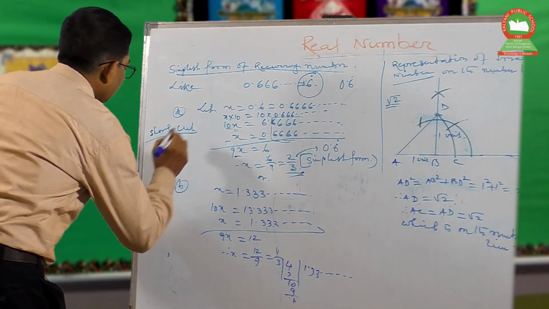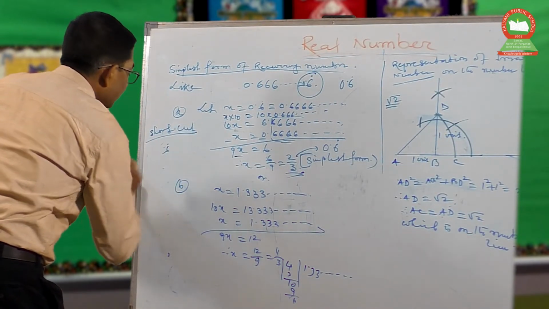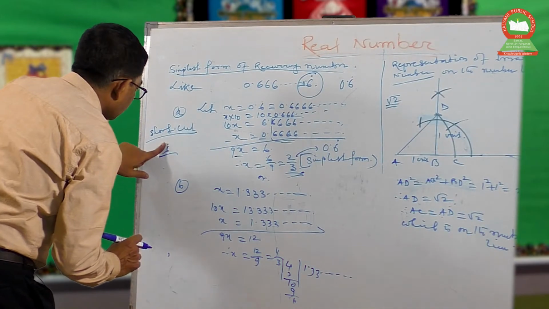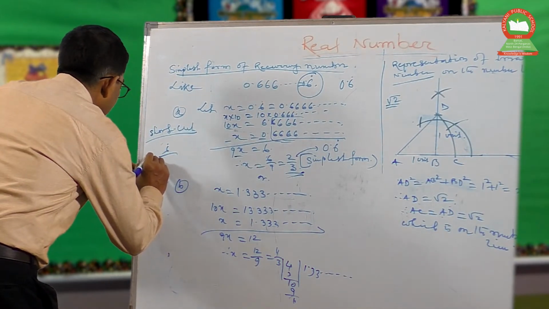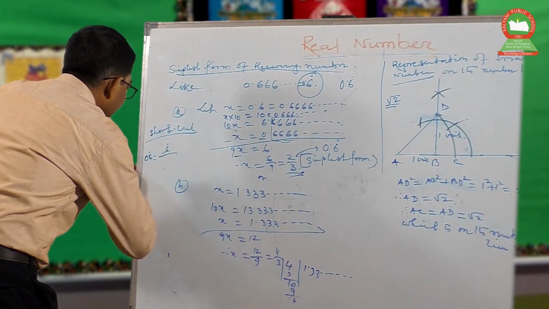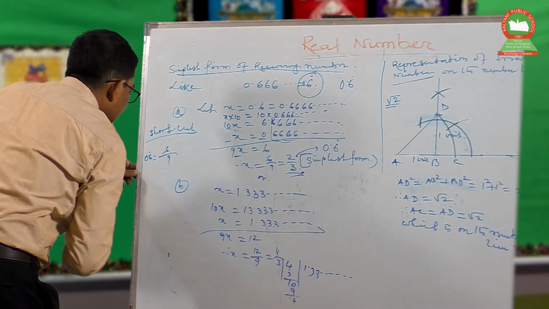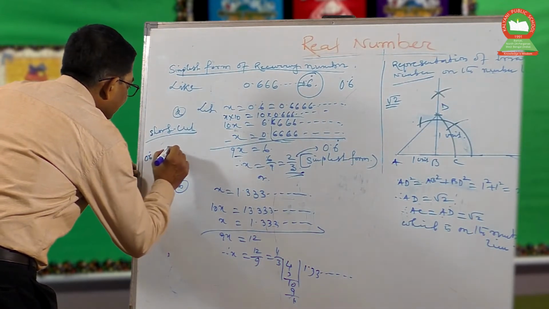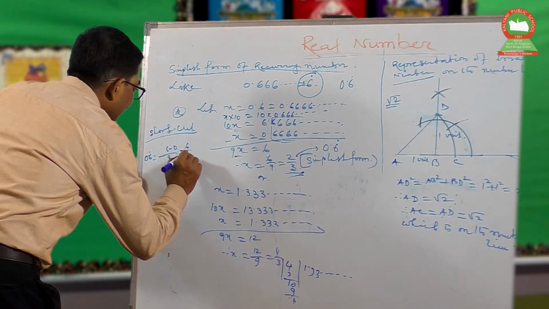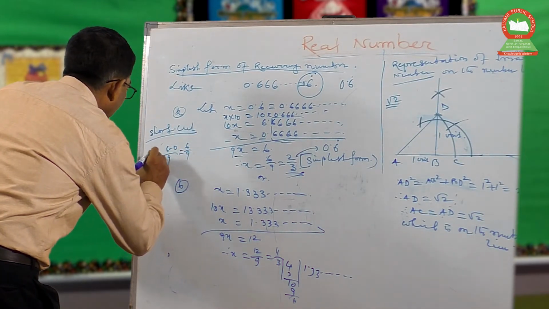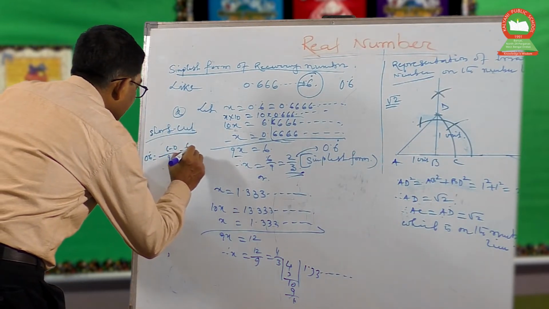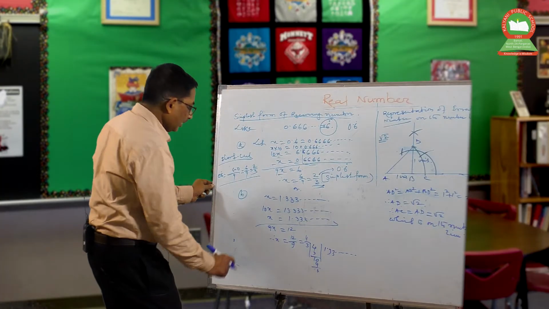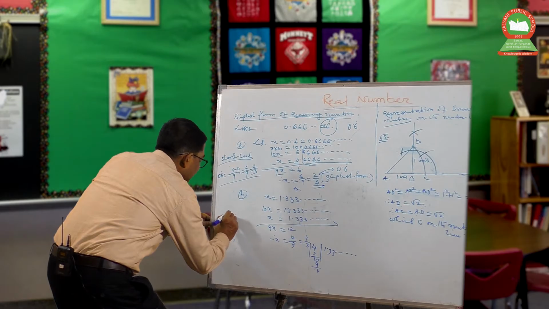What is that? For any number that has to be written in the short simplest form, take the whole number, then put as many 9s as there are recurring digits, and any number left over without recurring is subtracted. That will be 6 by 9, and it is 2 by 3, the same thing you get.